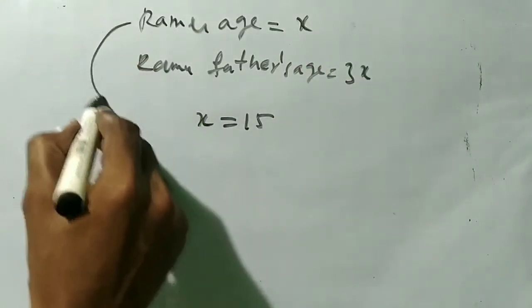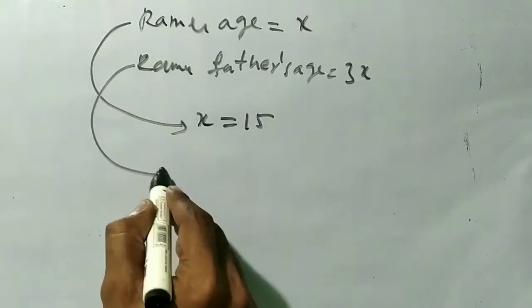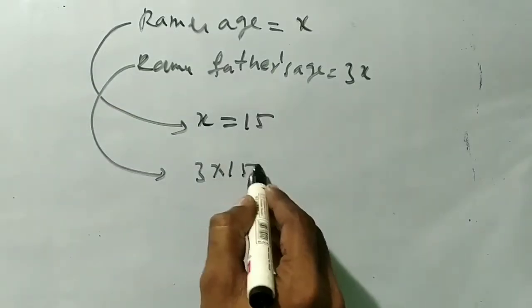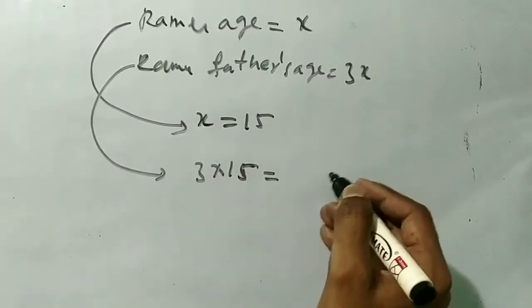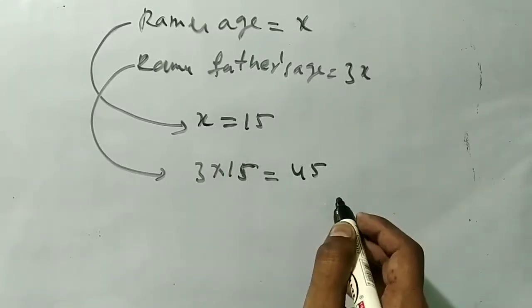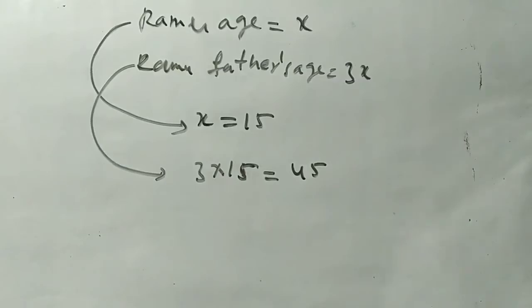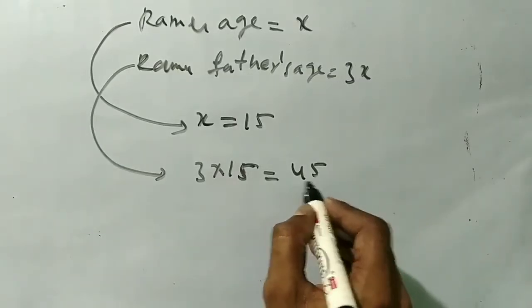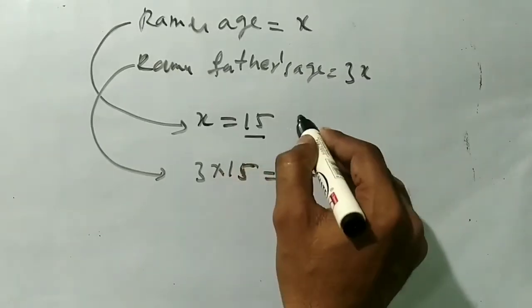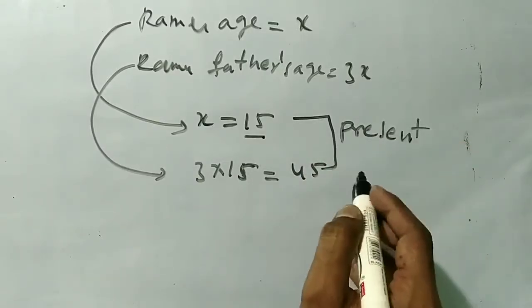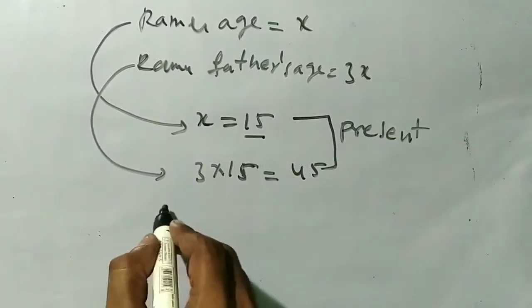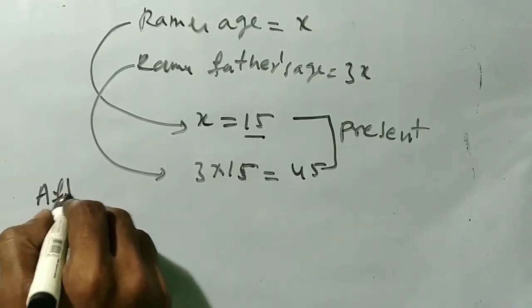Directly we got it. And Ramu's father's age is 3 into 15, because it is 3 times Ramu's age. So 3 15s are 45. Here 45 and 15 are the present ages. Now, if we take the ages after 5 years,